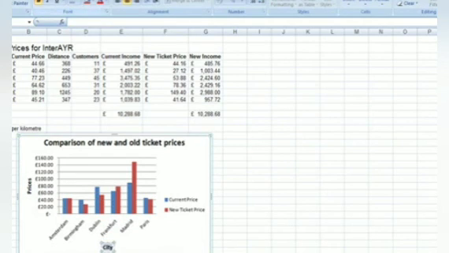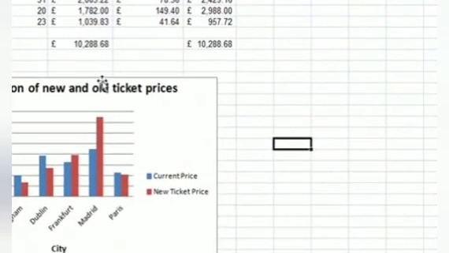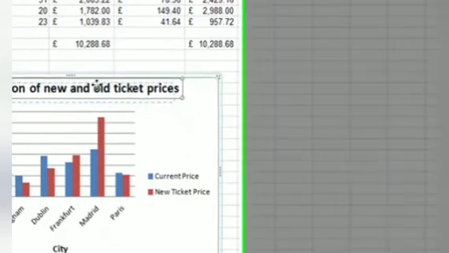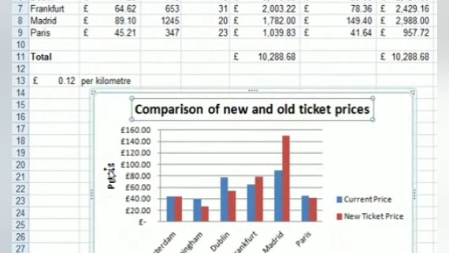Okay, and keep the same size more or less. Okay, here we have the chart with all the titles that are necessary here and here,